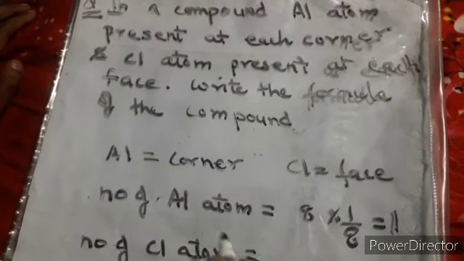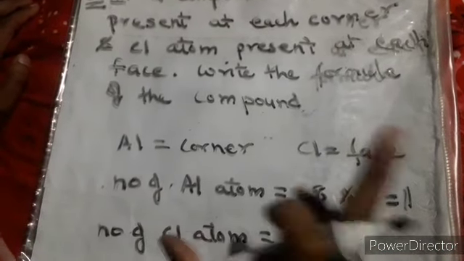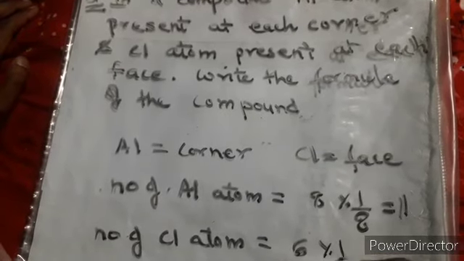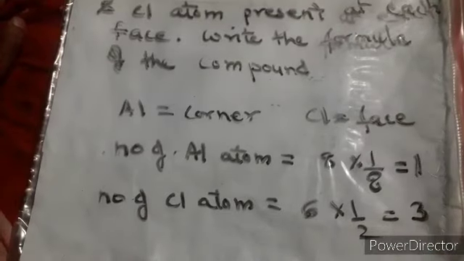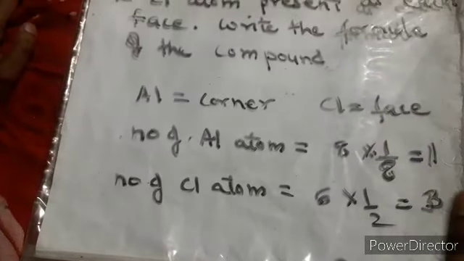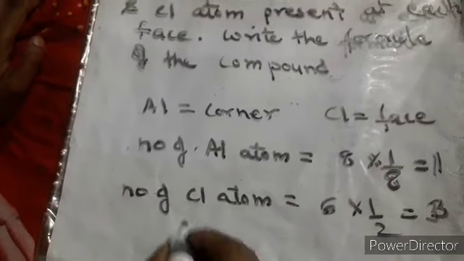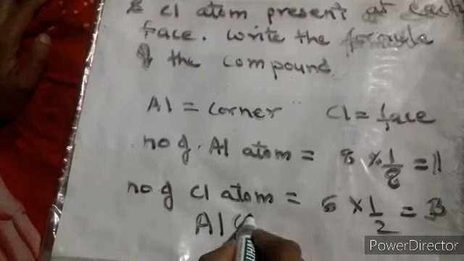Now the number of Cl atoms you can use. They are saying face. For face, what we have seen, this is common for all the cases, they are present on the face. So face means 6 atoms, and they are always on a sharing basis, 1 by 2. So how much are you getting? 3. Now over here please don't write down that Z is equal to 4. Over here you have to make the formula. So how many atoms of Al are there? 1. How many atoms of Cl are there? 3. So what will be your formula? AlCl3.